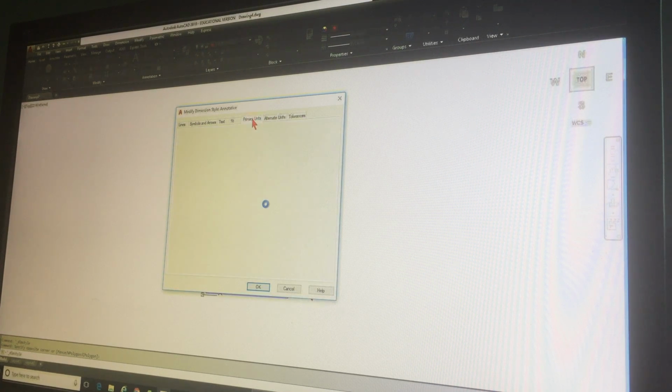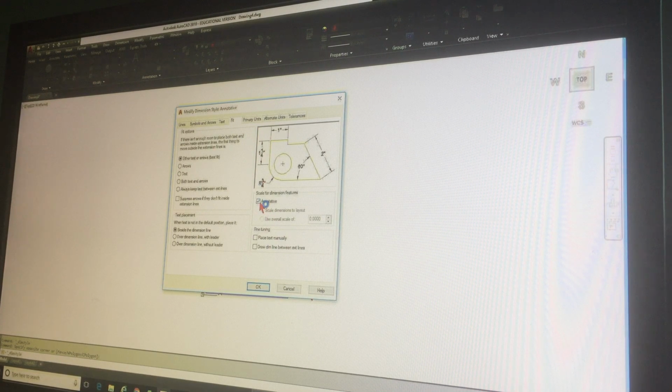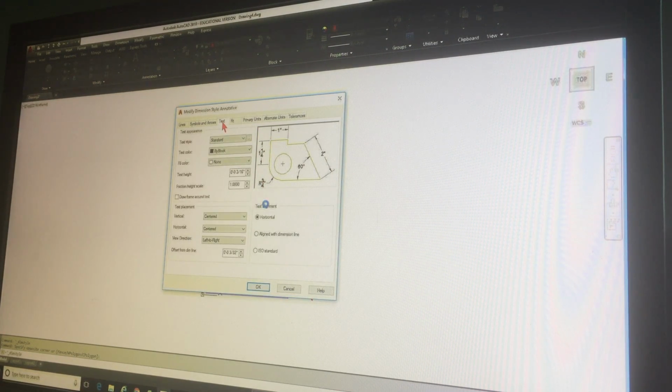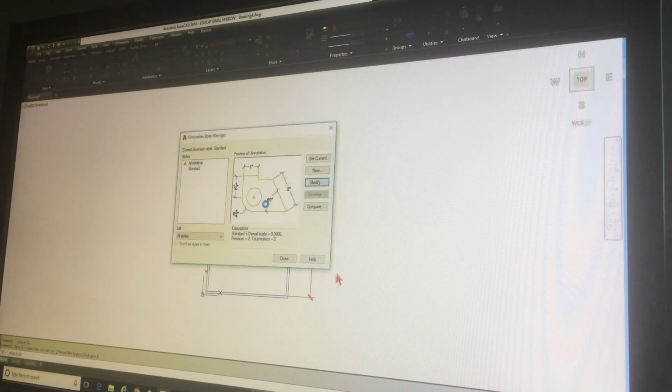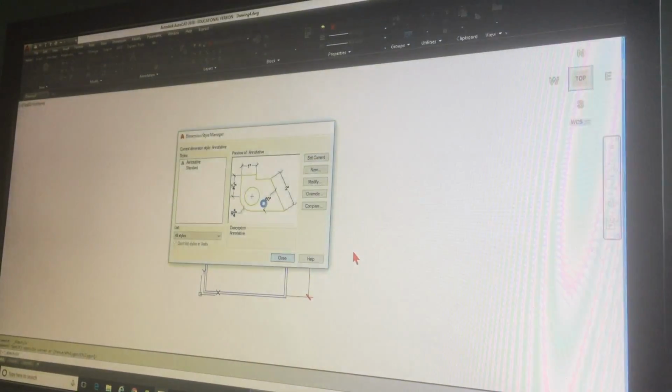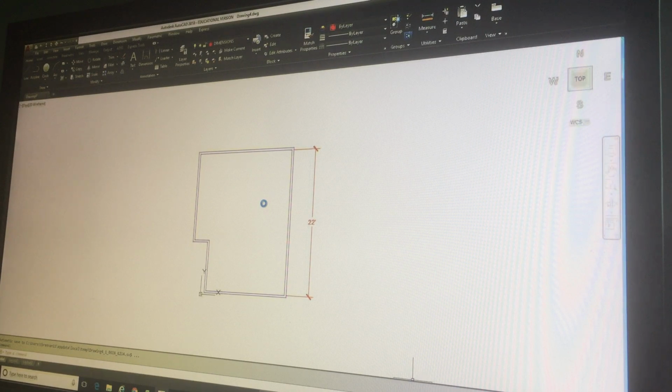The next thing is you got primary units. Now instead of fit, we want it to be annotative. I'll show you how this works now. Text, we're going to leave it alone. Symbols and arrows, we will do the same thing and use architectural text. So I just did that, and we'll hit OK. Now once I did this, I'm now going to make annotative current. And let's see how this works. Now, this is where we have to study our status bar again. Right here,